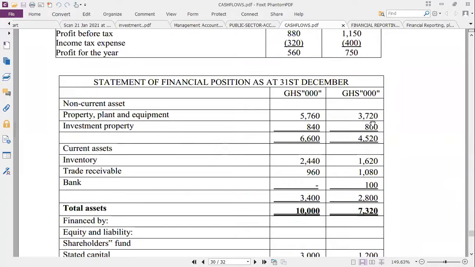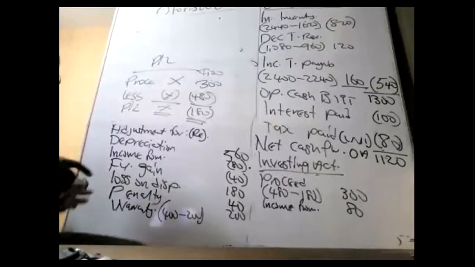And I gave you a trick to base this calculation on. I have an asset. The total value is 3720. I sold some and depreciated some, but instead of this value reducing, it is rather increasing. So that means I acquired more during the year. That's all. I acquired some of the assets. So let's do the calculation. So third item, acquisition of PPE.